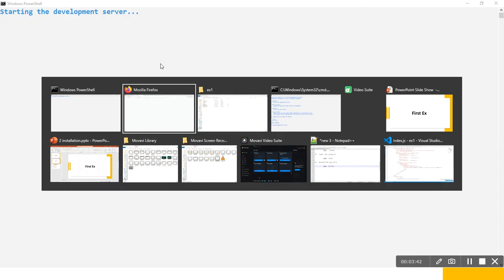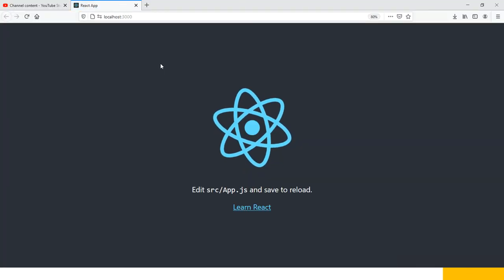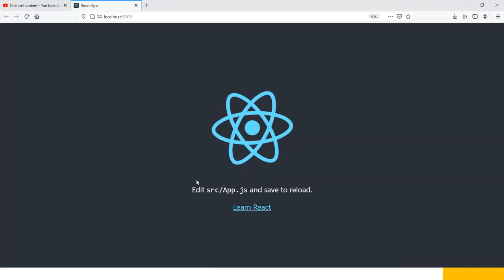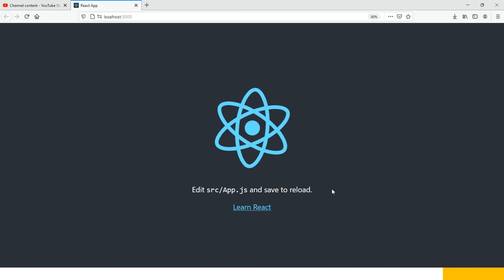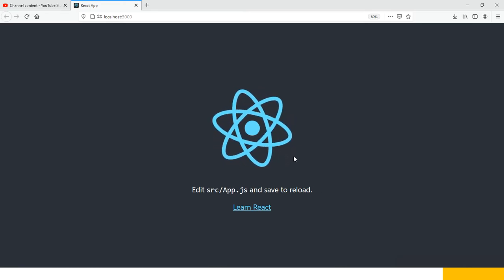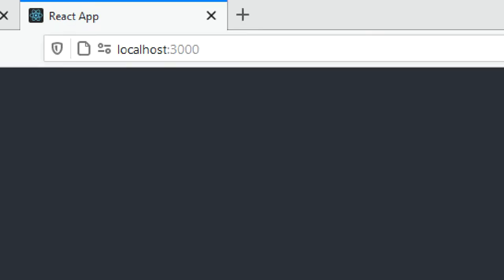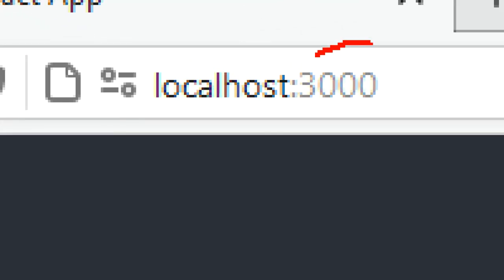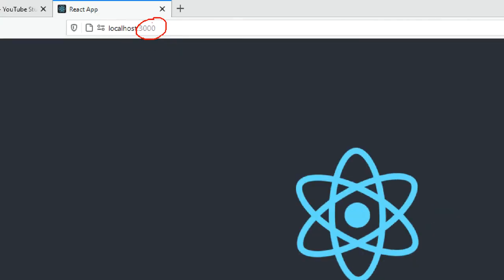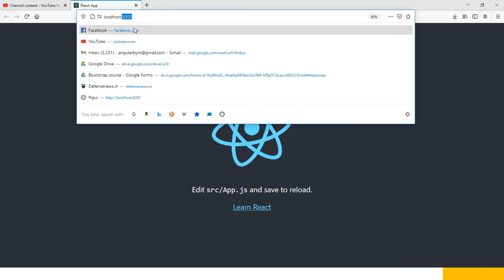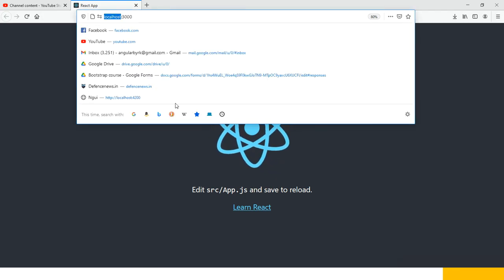Right now it is still starting the development server. See, sir, your project is created successfully and I am able to execute it. What is the port number by default that React will use? 3000. Localhost colon 3000.